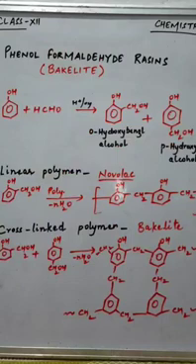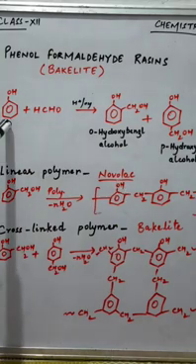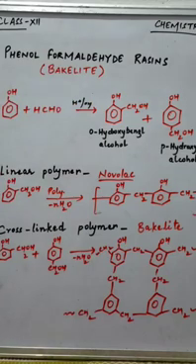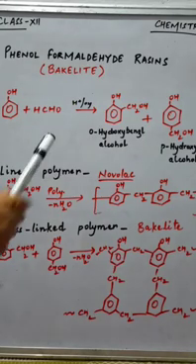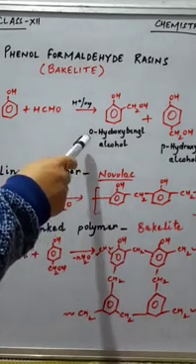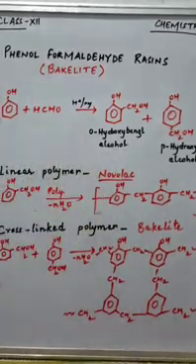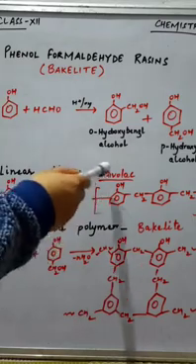Now we will prepare phenol formaldehyde resin. It is a condensation polymer and is obtained from phenol and formaldehyde, in the presence of acid or base. The process actually involves the formation of initial ortho and para derivatives of hydroxybenzyl alcohol. And when these ortho and para hydroxybenzyl alcohols are joined together linearly, they form this structure.